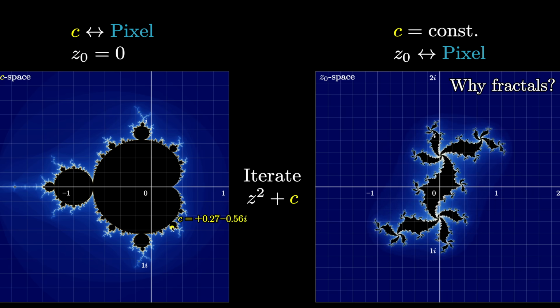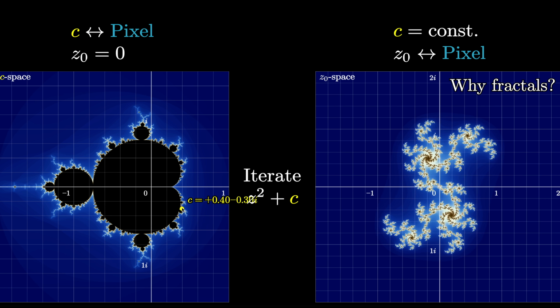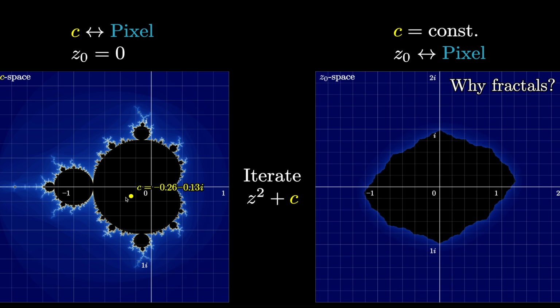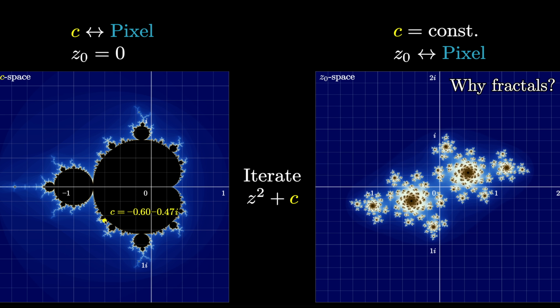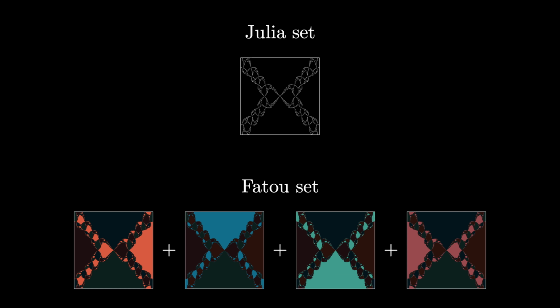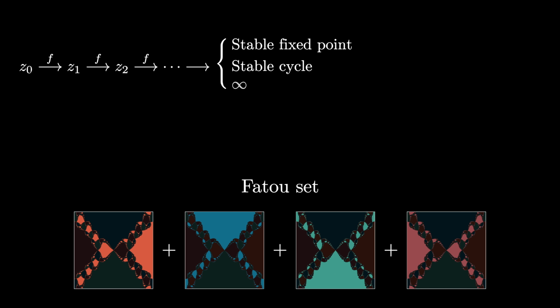No matter how far you zoom in, these boundaries are always rough. And furthermore, you might notice that as we zoom in, you can always see all available colors within the frame. This doesn't explain rough boundaries in the context where there's only 2 limiting behaviors, but still, it's a loose end that I left in that video worth tying up, and it's a nice excuse to bring in 2 important bits of terminology: Julia sets and Fatou sets. If a point eventually falls into some stable, predictable pattern, we say that it's part of the Fatou set of our iterated function.